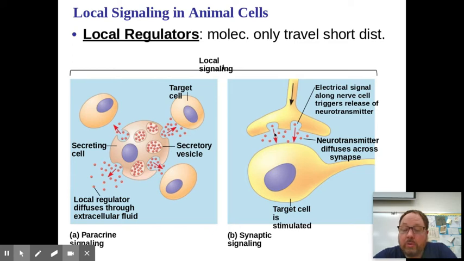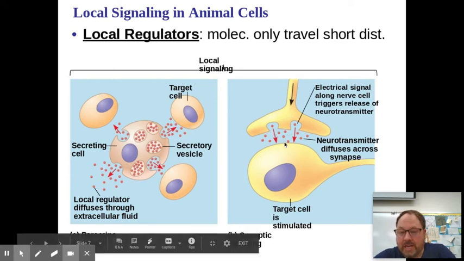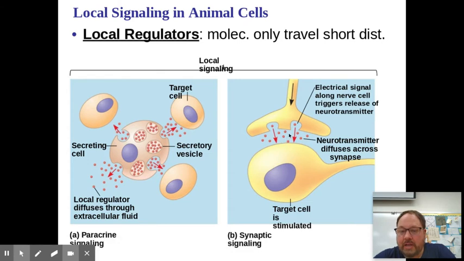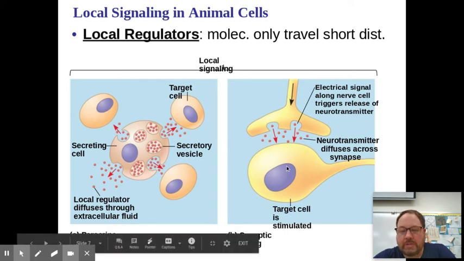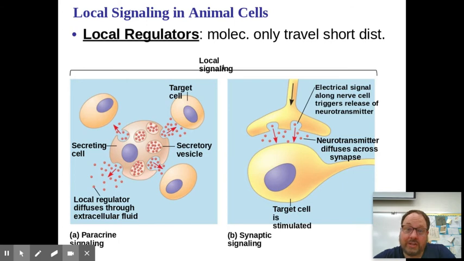An example that we'll look at more closely here is synaptic signaling. You have a presynaptic cell and a postsynaptic cell, and they communicate by a chemical that we refer to as neurotransmitters. So neurotransmitters will dock on receptors on the postsynaptic cell and then cause it to produce an electrical change in the cell that acts as the rapid communication of our nervous system. We'll get into the nervous system later on in this unit.